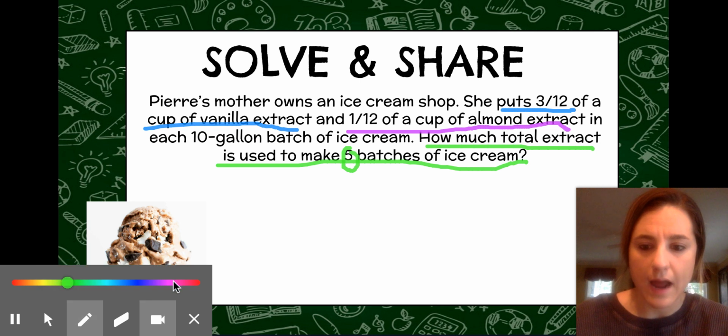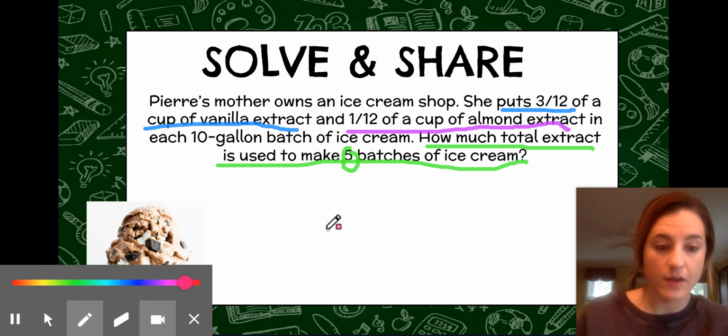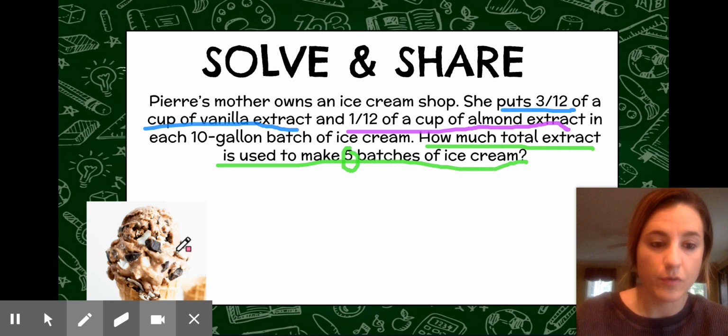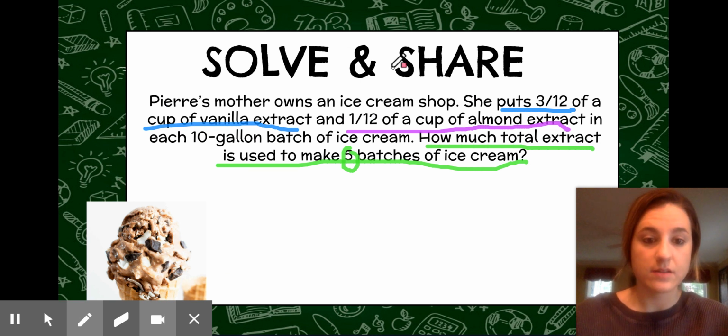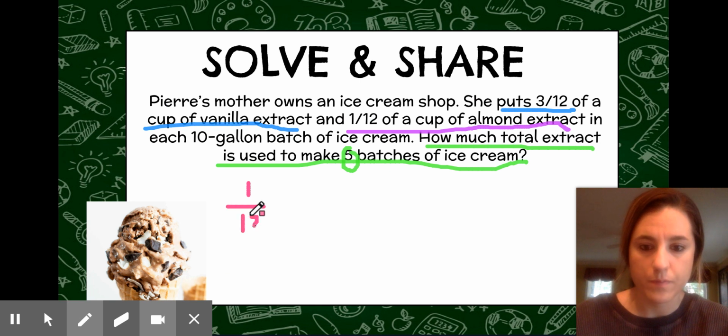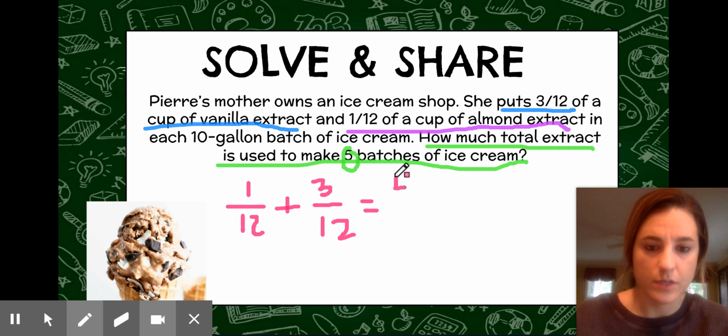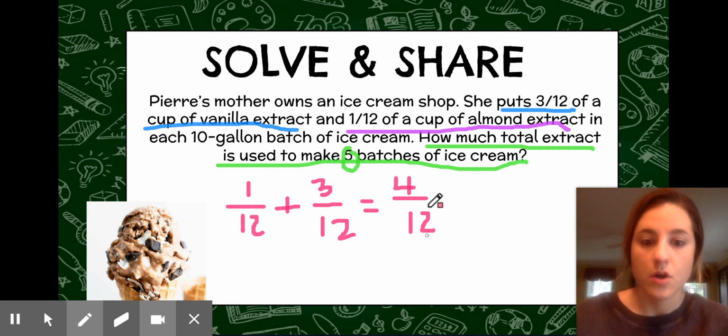So I know that it has both vanilla extract and almond extract. So before I can even solve and use my multiplication, I need to figure out how much extract that is in all. So I want to add 1/12 plus 3/12. Excuse Nico squeaking in the background. 1/12 plus 3/12 equals 4/12. Remember, I only add the numerators. I don't want to change the size of my pieces. Okay, so